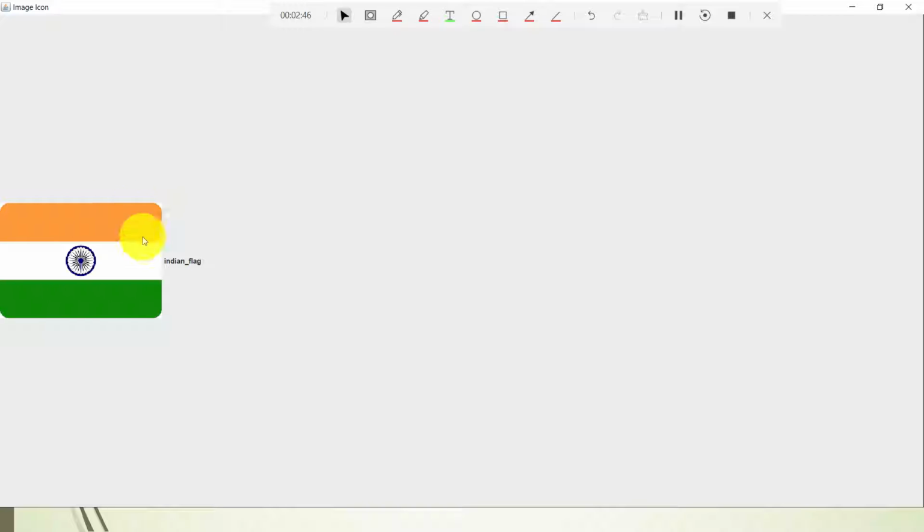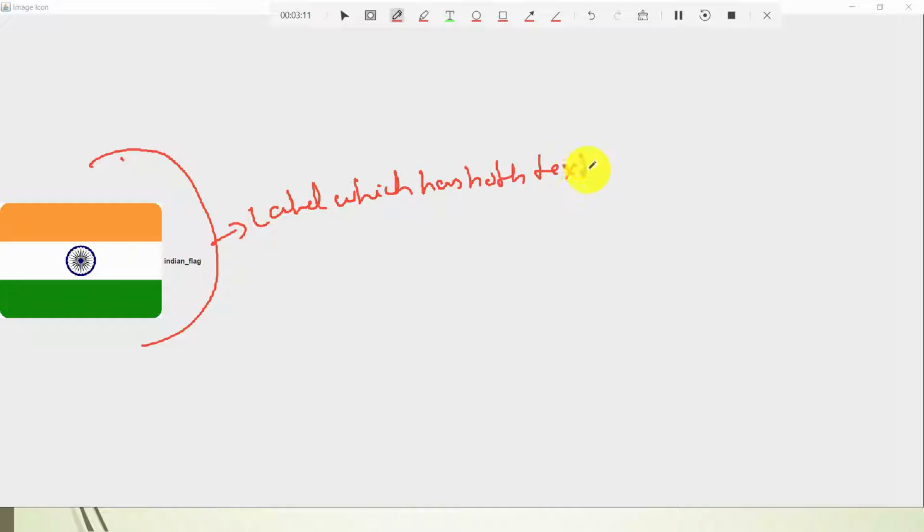See, now I cannot make any changes here. So a label with a string and icon, both things are there. Usually in a label, students, whatever is written, like the Indian flag here, is a label. But this is an image with the string. So this is a label which has both text and image. And this is also passive only. Why is it passive? Because I cannot make any changes here. When I click on the image, nothing will happen. That is what you need to understand at runtime.